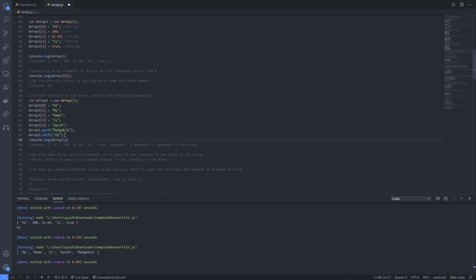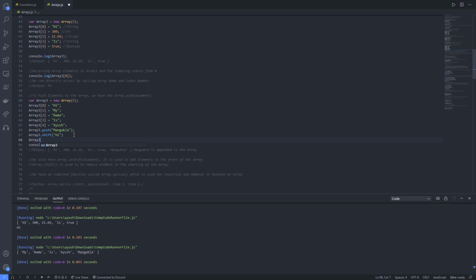We're doing shift of "hi". Shift is basically used to remove an element from the start of the array, hence "hi" gets deleted. Now we can also do array3 dot unshift of "hello".